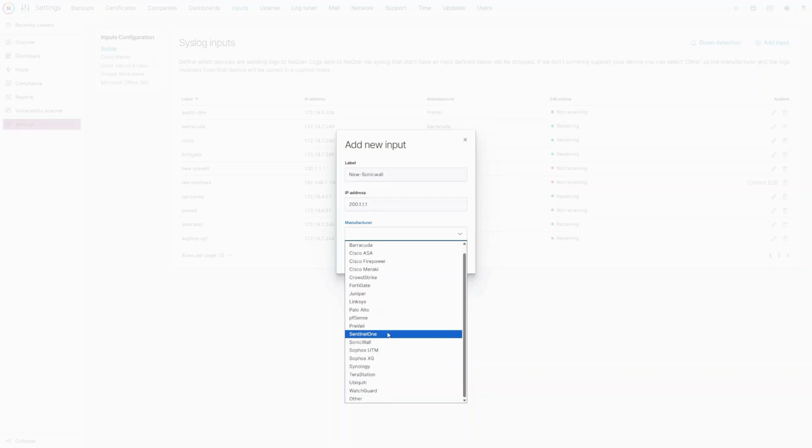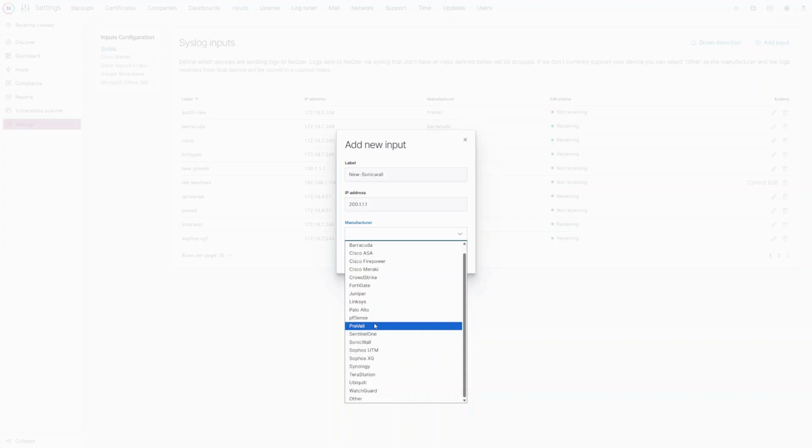software that sends actually via secure syslog. Or additionally, we are able to pull from CrowdStrike EDR. Same deal, they have a syslog method of export that we can pull into NeQter. And one other thing I'll just call out here, we do have integration with Prevail that does additionally have a